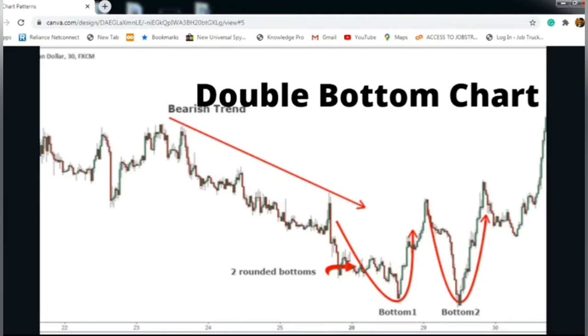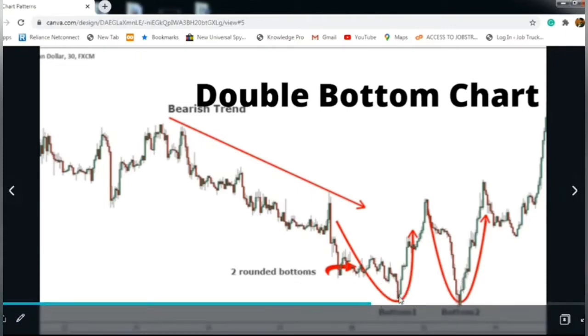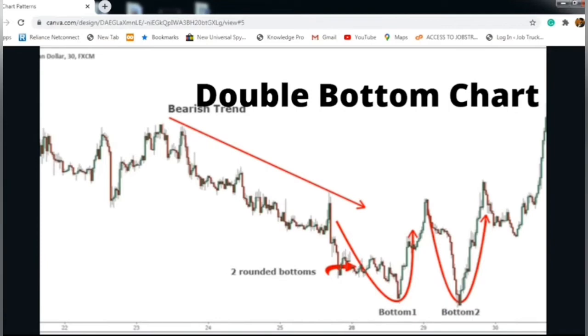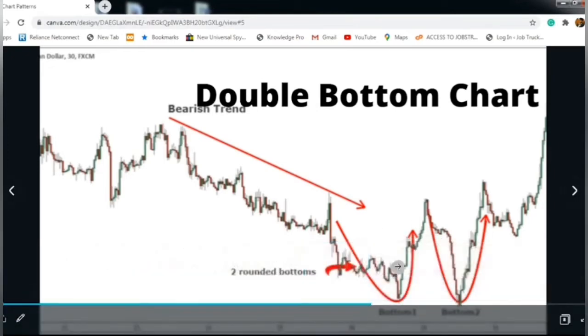In double bottom chart, what happens is that because of the high pressure of the selling price, there will be an extreme drastic fall in the stock price. Since the selling pressure is high, there is more chance for bearish. Even if there is a drastic and strong fall, it comes to the support. The fall comes to and settles down in support. The traders who come after the drastic fall hold the price of the stock in the support.